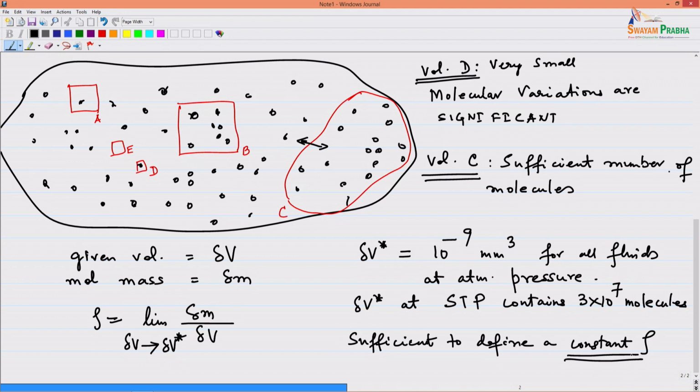When I say a constant, what does this constant mean? This constant gamma means what? Yes, over time, yes, gamma. So, does it change over time? Well, the number of molecules is changing over time, isn't it? Right, because they are in random motion. But that is what we said, that although there is molecular exchange across the boundaries, over this domain it is nearly constant. Right. So, when I say constant gamma, I basically mean that for this entire domain C, it is a constant value. Okay.